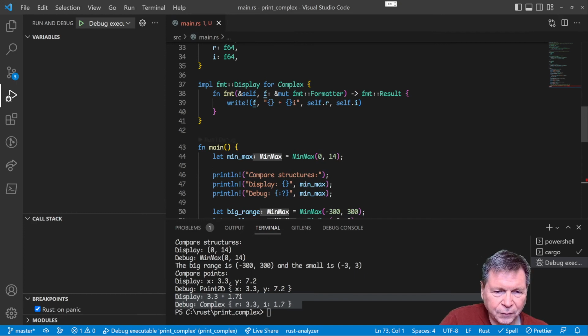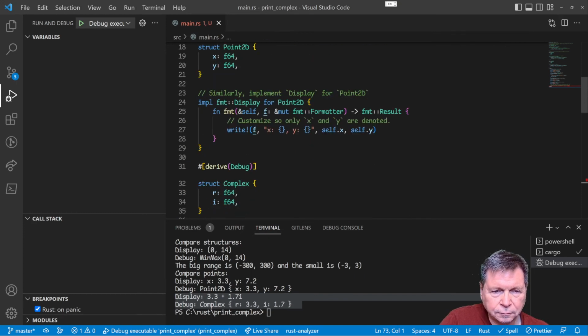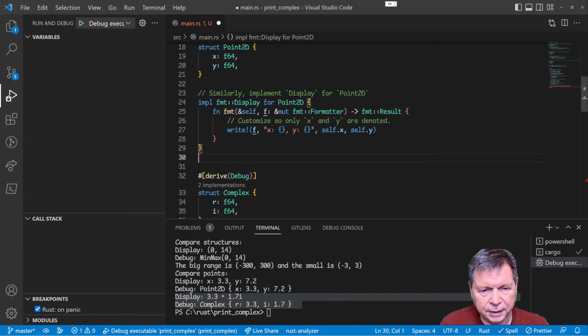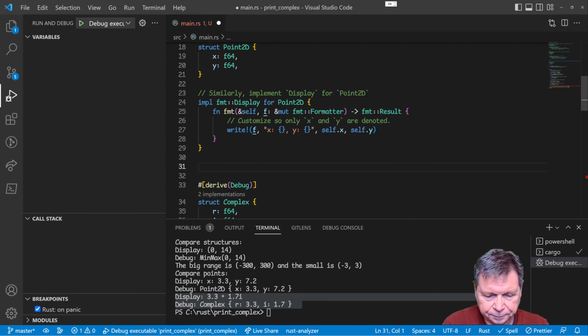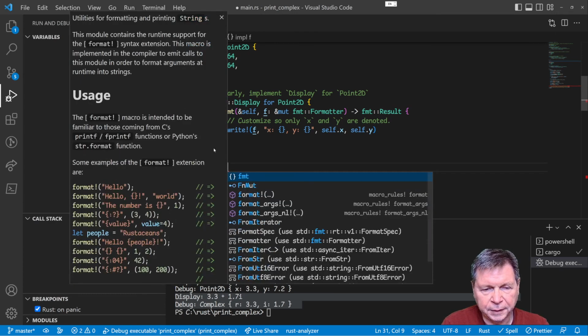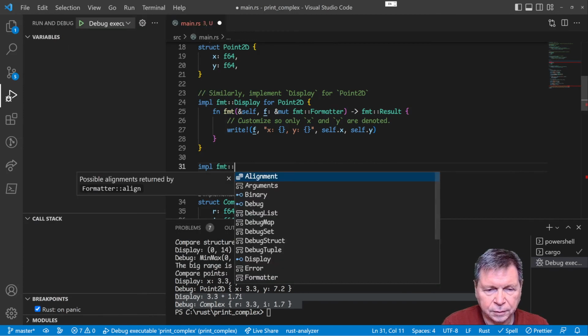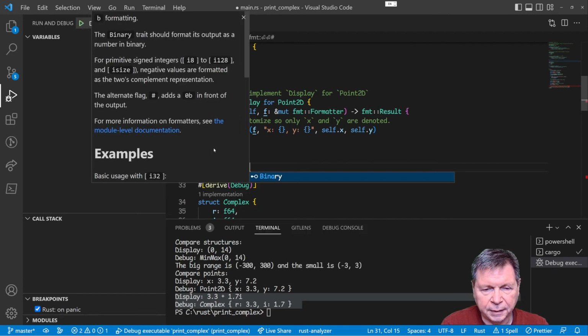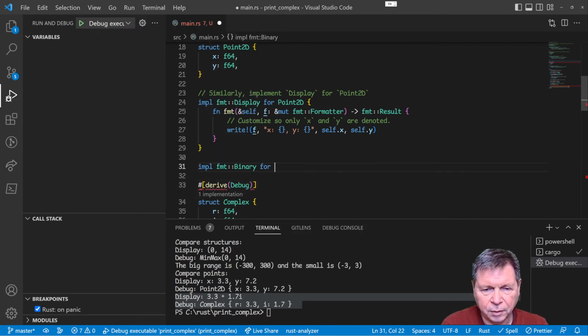Well, what the hell? Let's give it a try. So, and it's for this one, right? So I can say impl format binary for 0.222